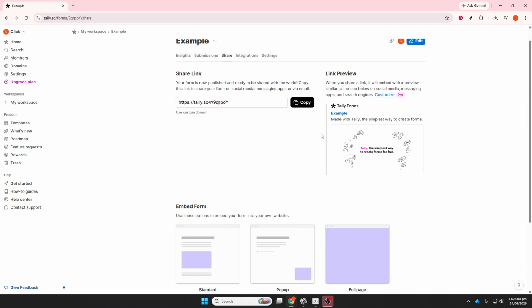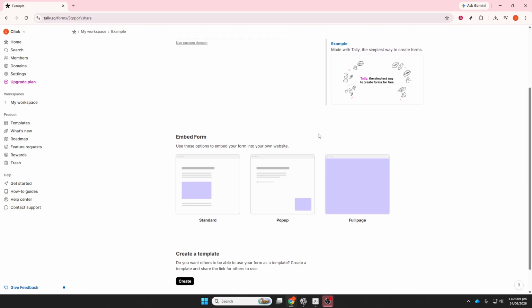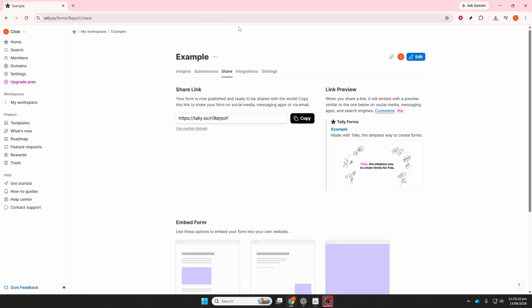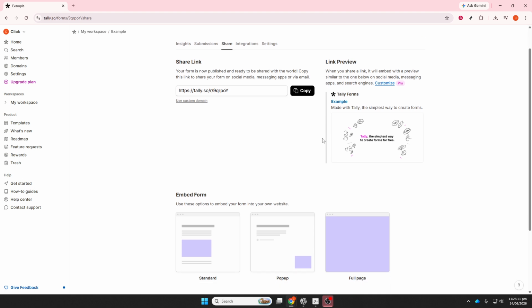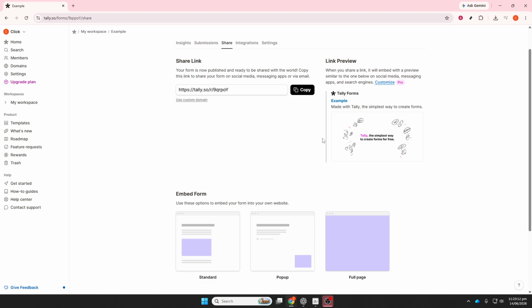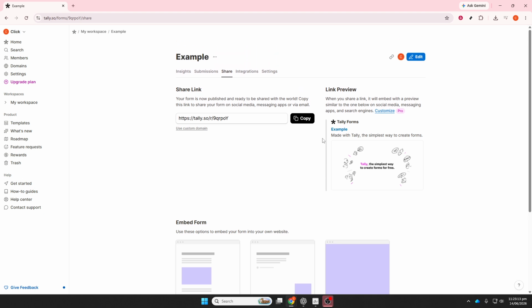Then customize the thank you page. Use it to thank participants, explain what happens next, and include any helpful resources or follow-up links. If needed, connect integrations like Google Sheets, Airtable, Notion, Slack, Zapier,